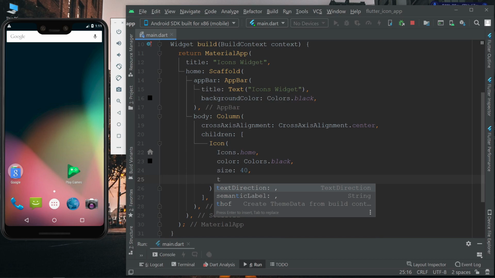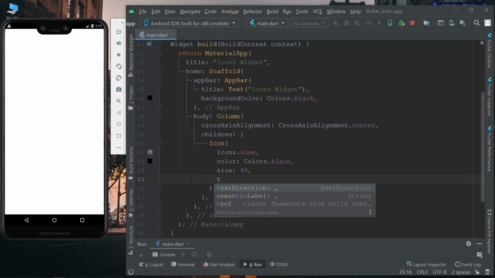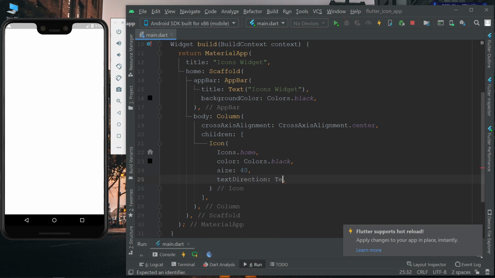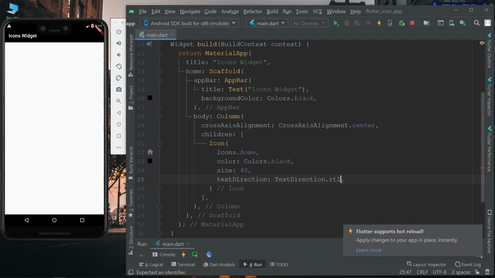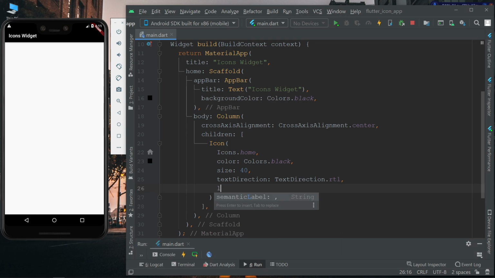We can also use textDirection so that the direction of the text which we specify for the icon will be set. That is textDirection dot ltr and rtl. We can also use the semantic label.